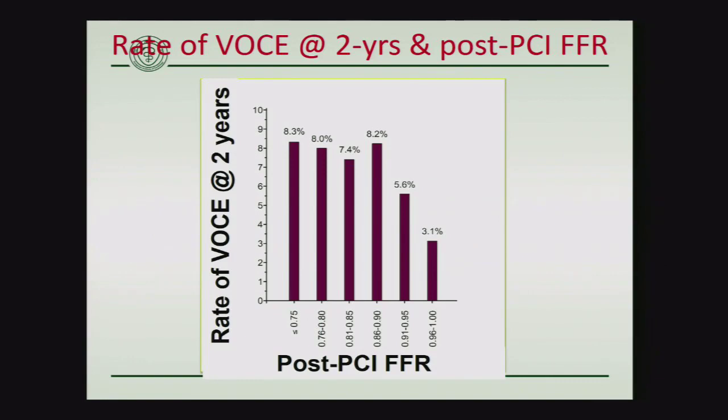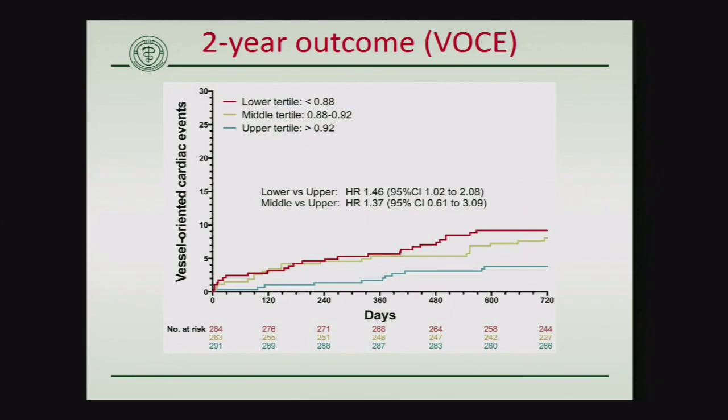When shown these post-PCI FFR values in strata of 0.05 and comparing it to the rate of VOCE, the vessel-oriented cardiac event rate at 2 years, you can clearly see that the highest stratum has the lowest event rate, barely above 3% in 2 years, whereas anything below 0.80 carried a risk of this primary event rate of at least 8%. But we grouped the event rates in tertiles, and this is to show the primary